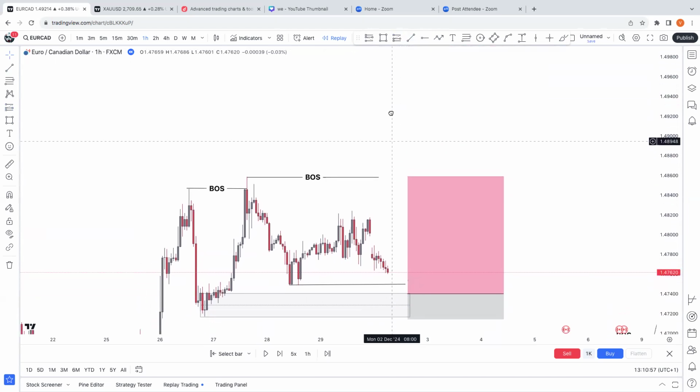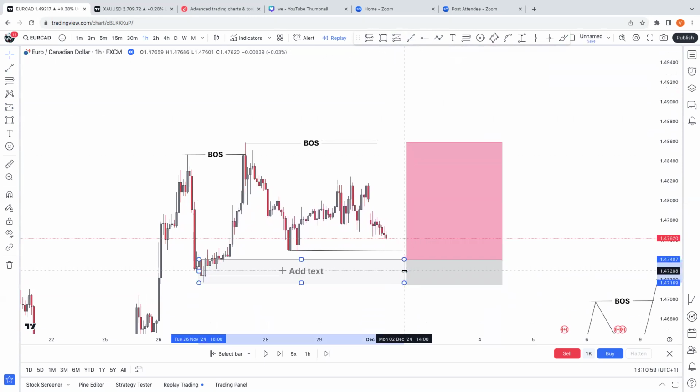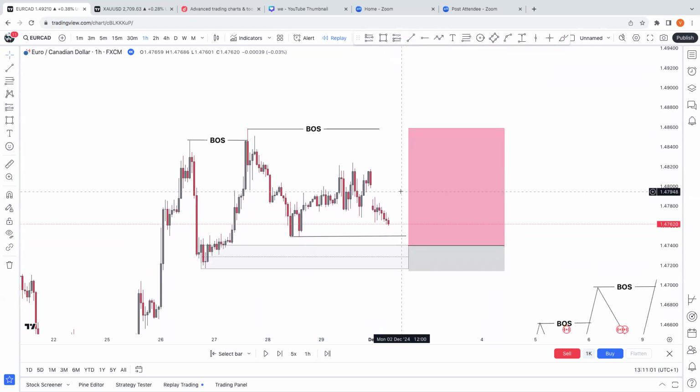We target this high. We expect price to give us another high. Remember, before you do this, you have to confirm from the higher time frame that the market is actually trending up, right? This is an uptrend. So we know that this particular pair is in an uptrend on the higher time frame, right? Ensure you're following the trend. So let's replay price and see